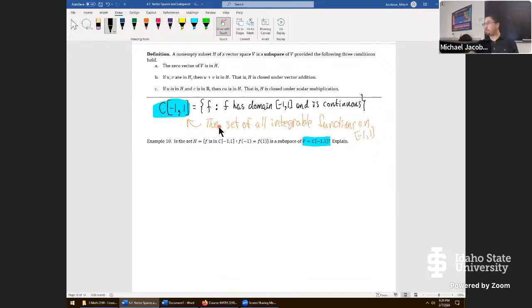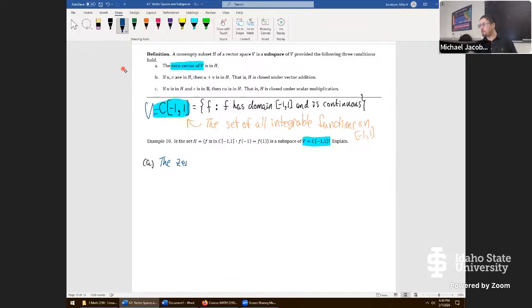So let's see if we can run through all parts. It is tedious, but the purpose of it is really internalizing this definition. This is like the 5th time we walked through it. So here's our part A. The very first thing you do is you grab the 0 vector of the larger space V. Just write that in. I know it's down there, but just to emphasize, we need the 0 vector from here. We can say